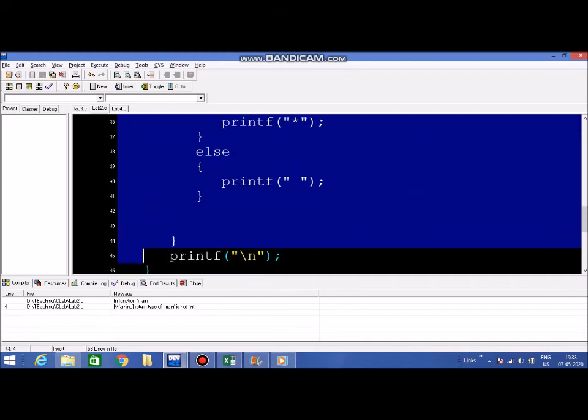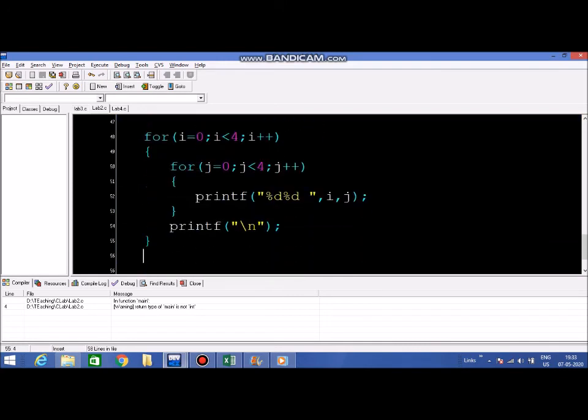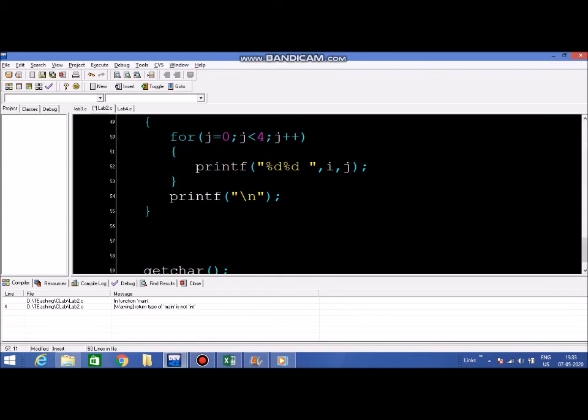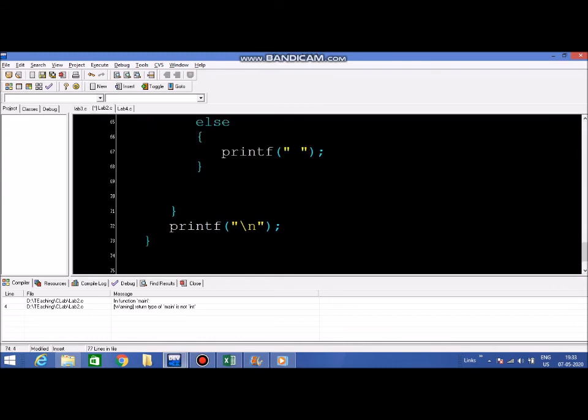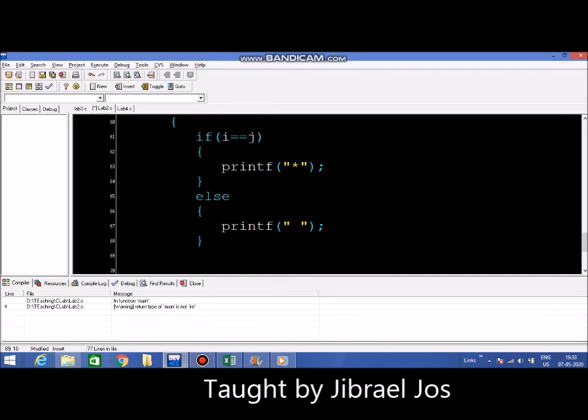So we will take this piece of code which you wrote earlier. Control C. And we'll paste it after this. Now the idea in showing you a step by step approach is to learn how the programming logic works. So now this condition is not so complicated for a diagonal. I simply need a condition where if i is equal to j, you print a star, else you print a space. Let us see what happens. Compile and run.